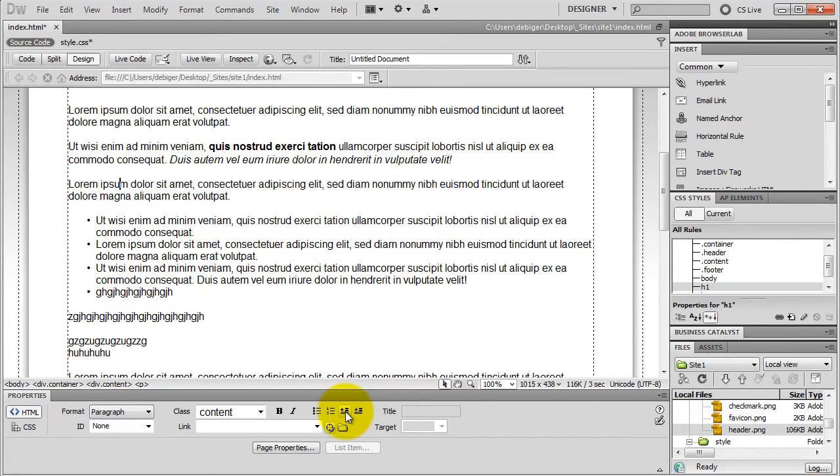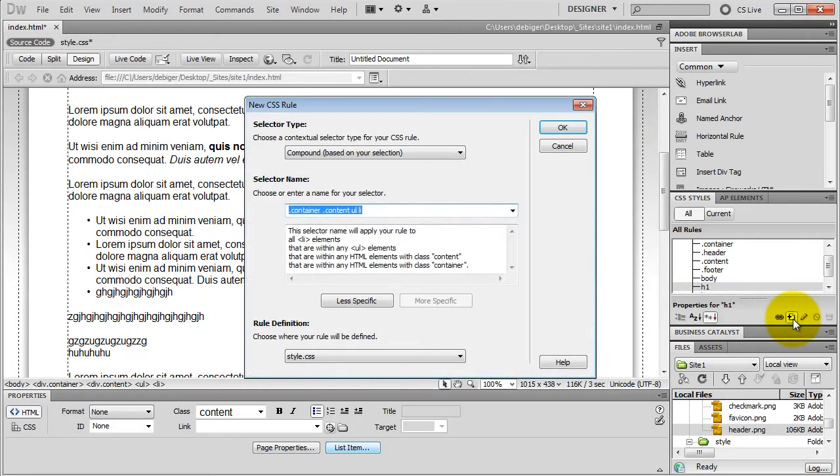And also I can style any tags using CSS. I put my cursor in one of my list items inside of my unordered list. I click on new CSS rule, and I need a compound selector because I only want to style those list items that are inside of an unordered list, but I only need the UL li tags. So I click on less specific once again, and this CSS rule is only going to apply to those list items that are inside of a UL tag, so it's not going to have an impact on my ordered list if I have any. I click OK,